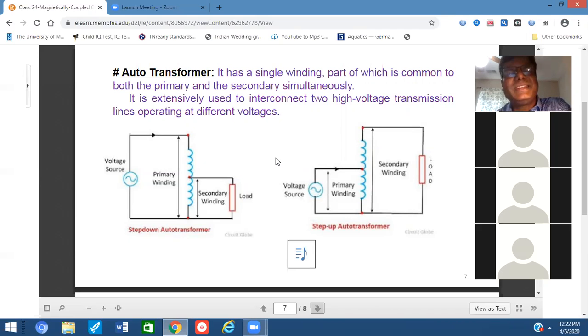This is pretty interesting, the same coil, but you are using some portion or the full portion as the primary, and then again some portion or the full portion as the secondary. I mean, the pretty cool thing. Okay, so moving forward,